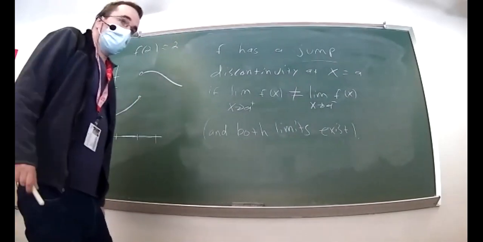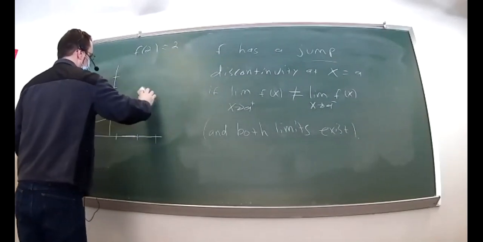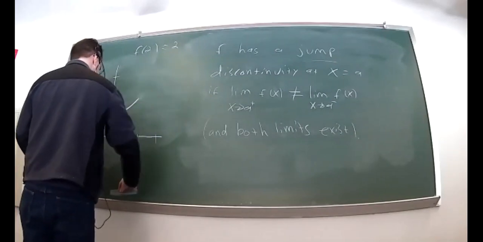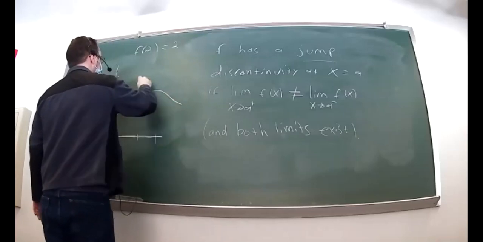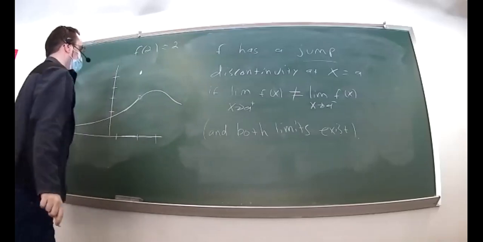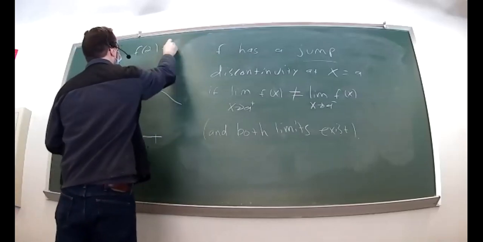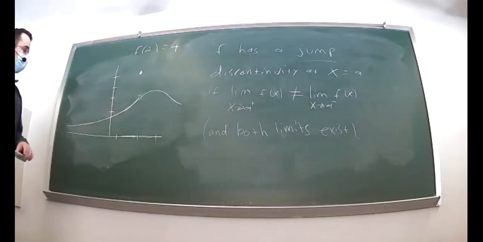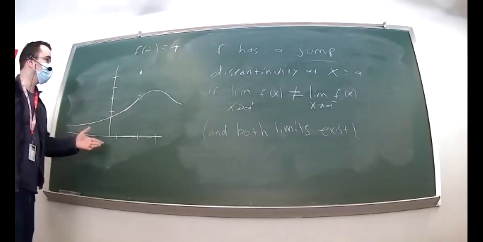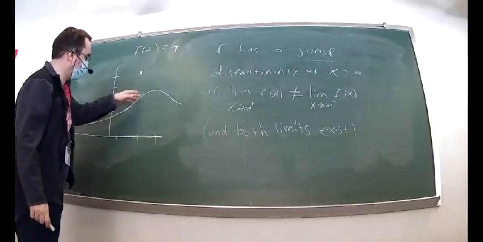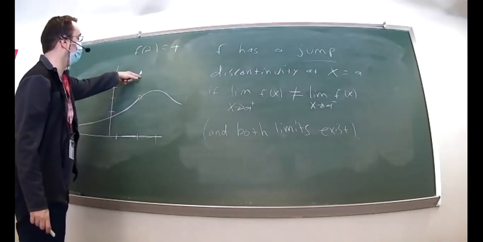There's another kind of discontinuity. If you go back to this first picture that I drew, you take something like that with now f of 2 equals 4. This was a discontinuity that we saw originally where the limit of f of x as x goes to 2 was equal to 2, but it was